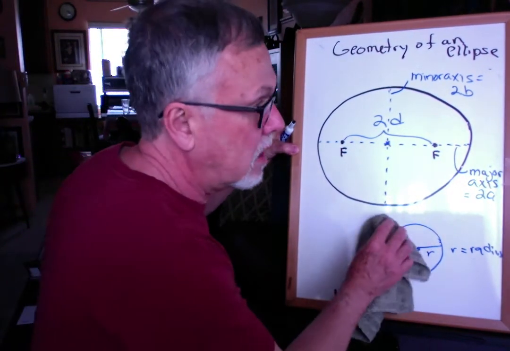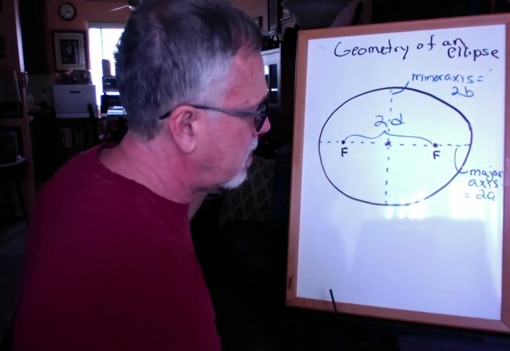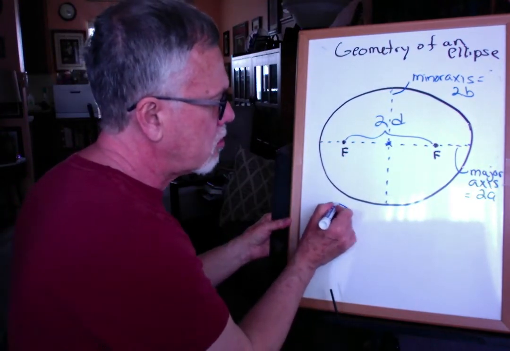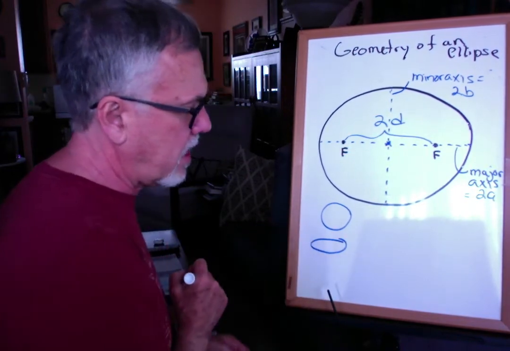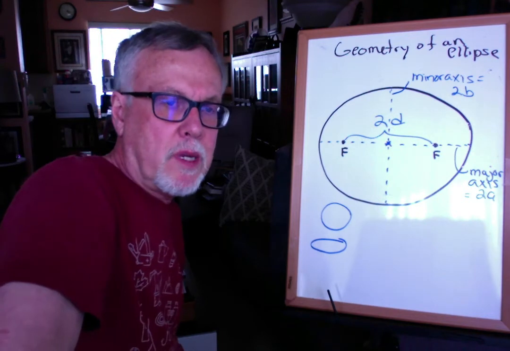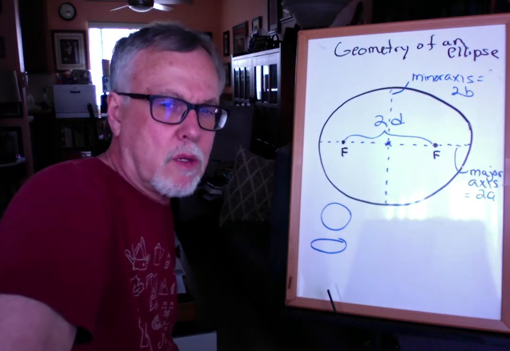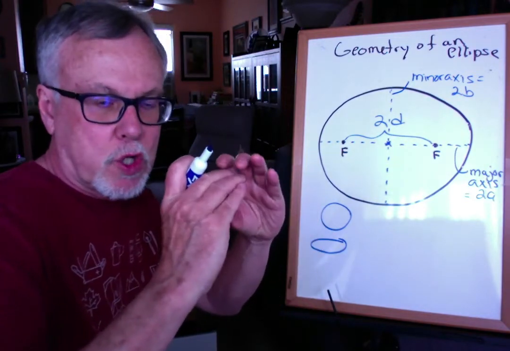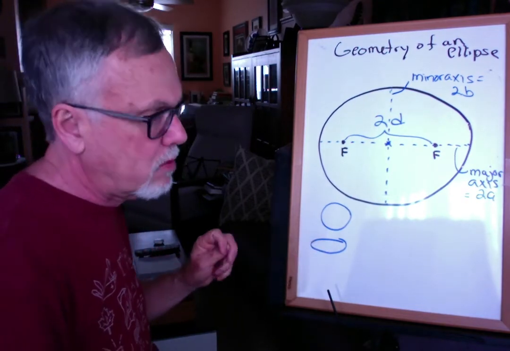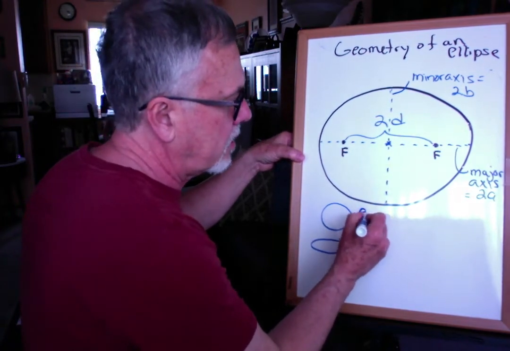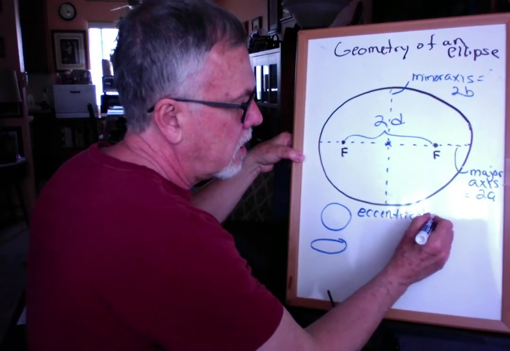So let's go ahead and look at this. With geometry, ellipses can be quite circular looking, and they can be quite drawn out, kind of stretched out like that. And so there must be something that will define for us in a mathematical way just how squashed and squished that circle is down into an ellipse, not very much or quite a bit. What measures that is something called eccentricity. Fancy word, we just call it e.